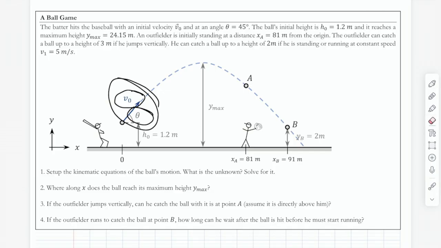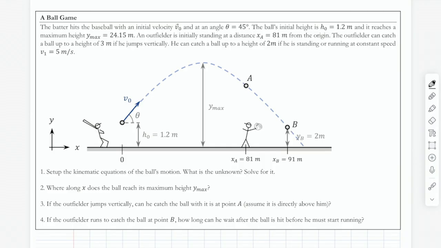Now that means I have to give you other stuff, right? Because you need V0 and theta to answer these kinematics questions, which means that I need to give you more information so that at first you solve for V0 and or theta, and then you can come back and say, okay, thank you, I now have V0 and theta. Can we answer the classic kinematic questions? Okay. So what do we have?